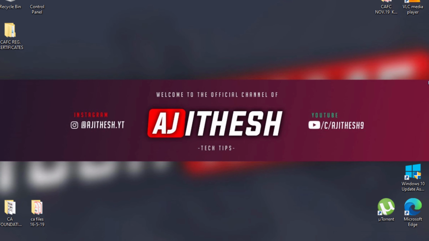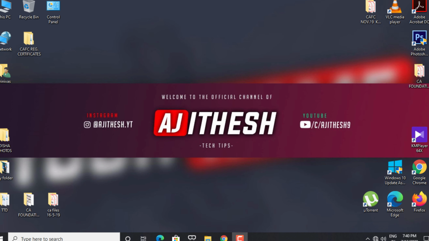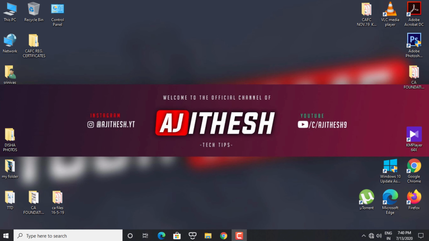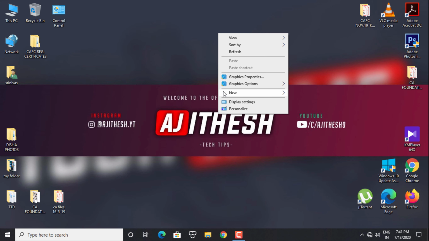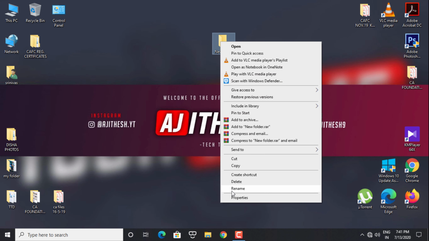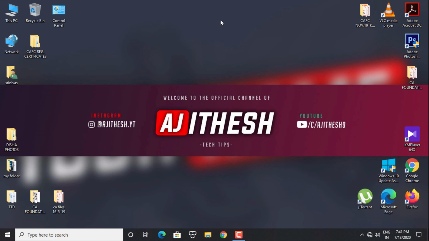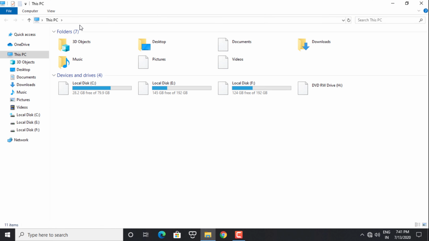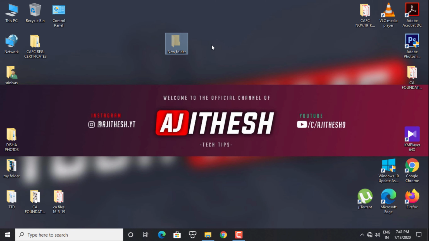You could use this method in other versions of Windows, but we are having Windows 10. Actually, there is an old traditional technique in this. First, let me show you that one. Create a folder, go to Properties, choose Hidden. It works, but the problem with that method is that if someone knows to see hidden files or folders, then they can find it. And to make it more difficult to find, I have a small other technique.